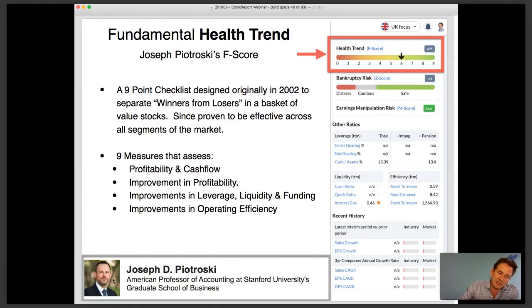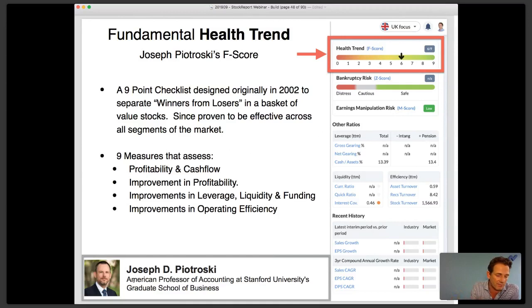Now, Joseph Piotroski, as you can see down here, he's an American professor of accounting at Stanford. And he wrote this really seminal paper in 2002 called The Use of Historical Financial Statements Data to Separate Winners from Losers. And effectively, he was fascinated by deep value investing. He wanted to find out,